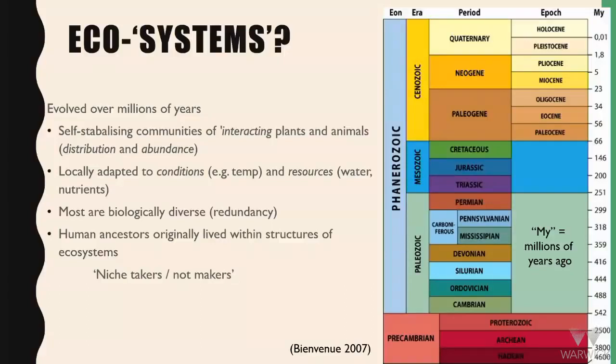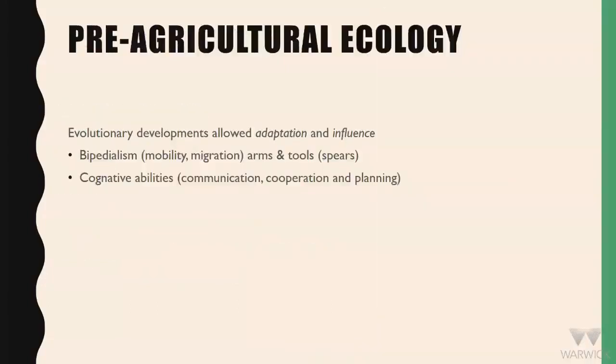Now, I want to give a bit of an historical account. So obviously we're thinking originally human ancestors were what could be described as niche takers as opposed to makers. So humans were adapted within this environment and modified it to a lot less extent than they do today. And this is obviously part of the narrative about the way that humans have changed biological systems. Just a few interesting things to think about.